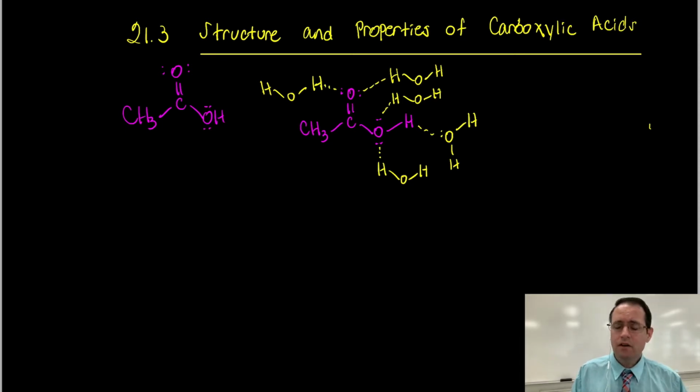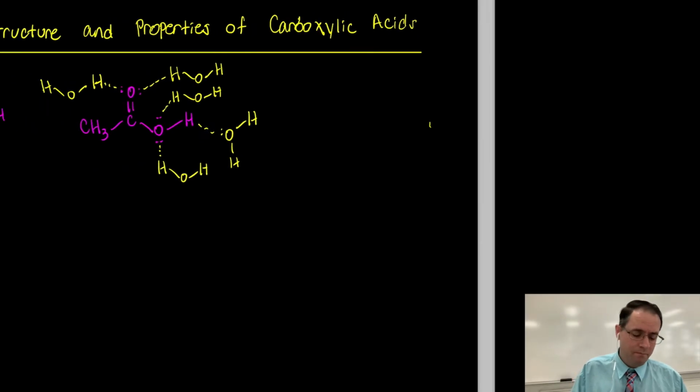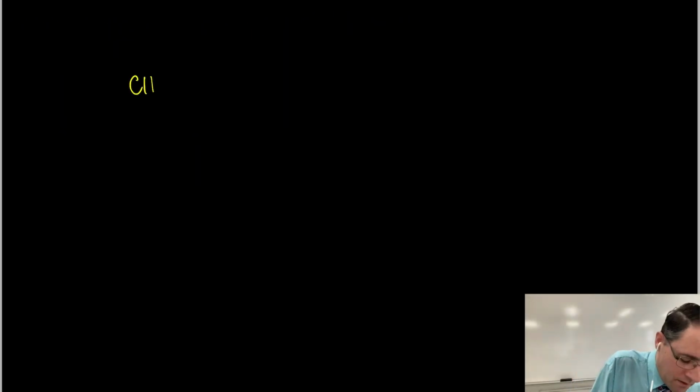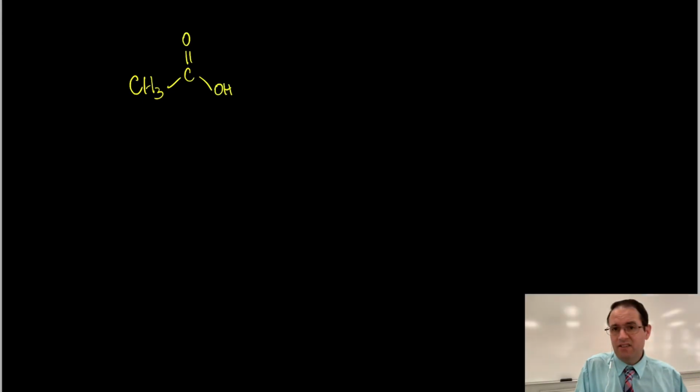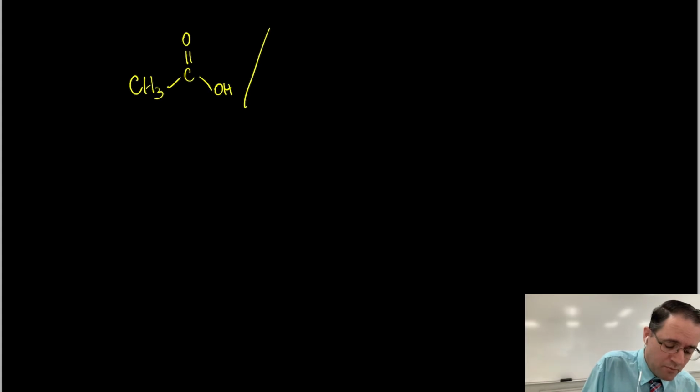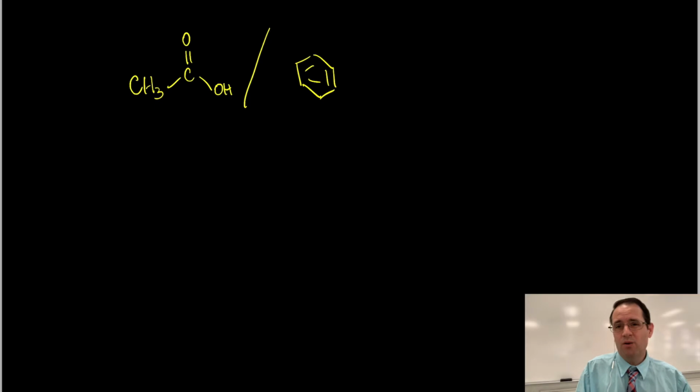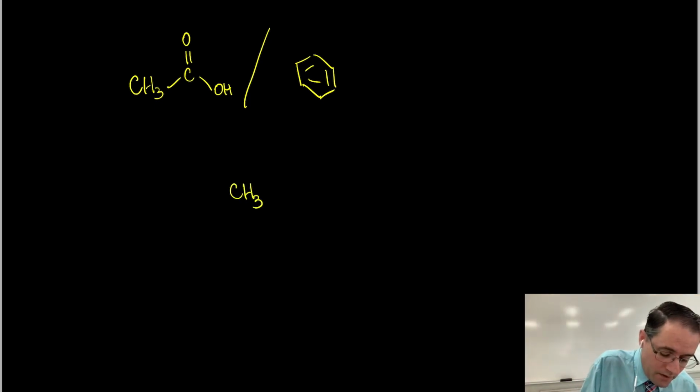Now, the interesting thing also is that things like acetic acid are completely miscible and soluble with benzene. Now, benzene is a completely nonpolar solvent, so it seems somewhat surprising that acetic acid, which is strongly hydrogen bonding and very polar because of all these electronegative oxygen atoms, would be completely soluble and easily mixed with something completely nonpolar like benzene. Why is that? Well, it turns out that acetic acid